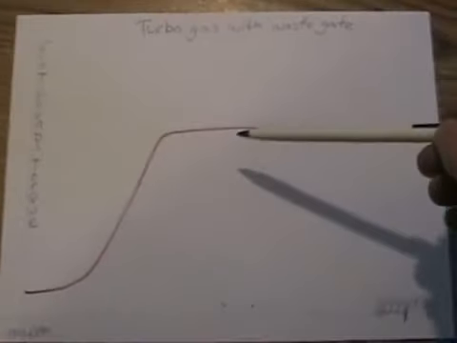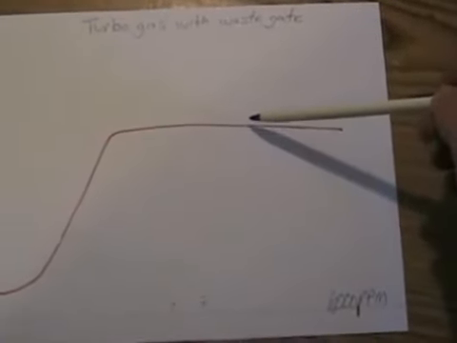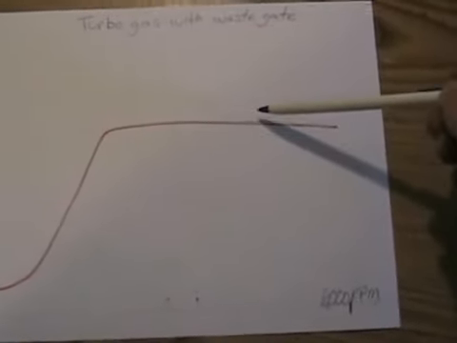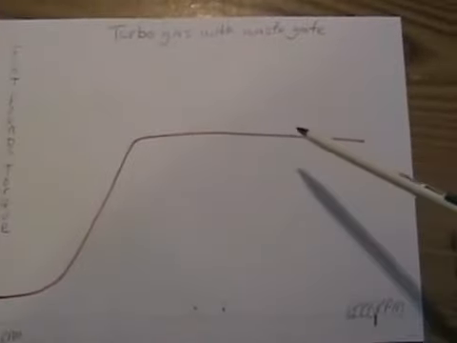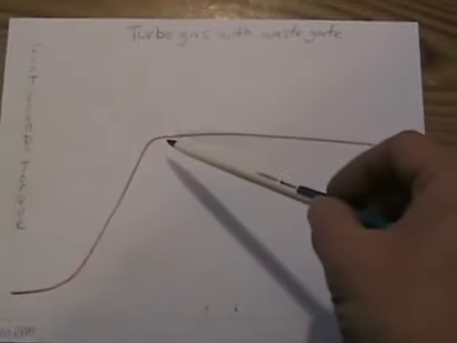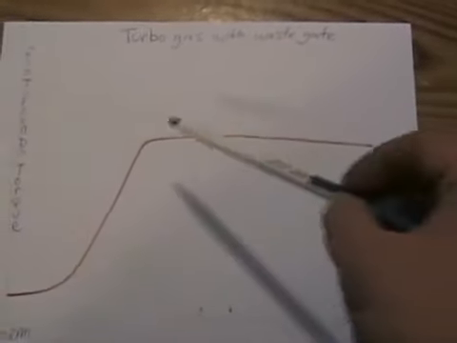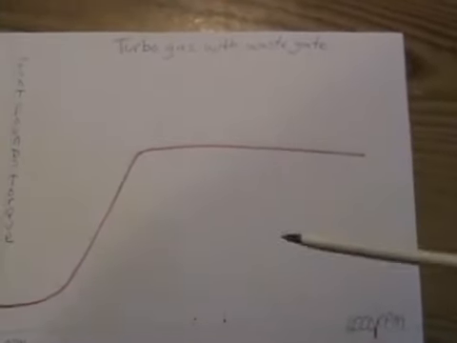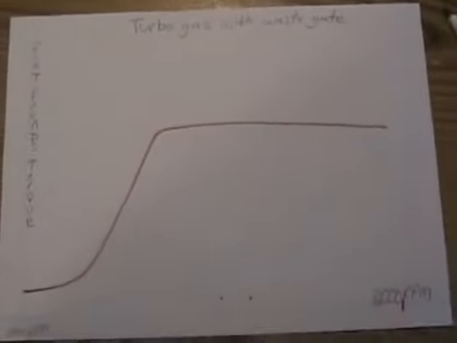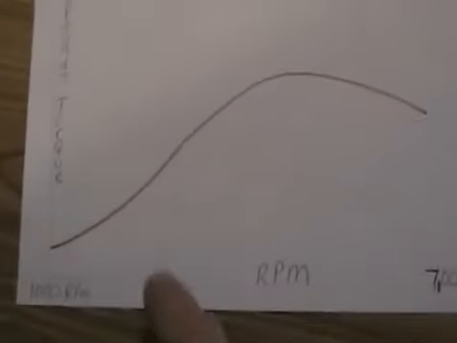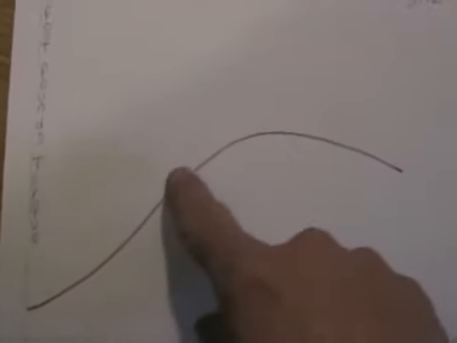a wastegate, and then you had the same amount of torque here pushing down at 5,000 RPM, well then you would have twice as much horsepower here as you would here, because the engine has the same amount of torque, but since it's spinning twice as fast, you're doing twice as much work. Now in a regular engine with just an ordinary camshaft, well, you have your torque increasing, and maybe